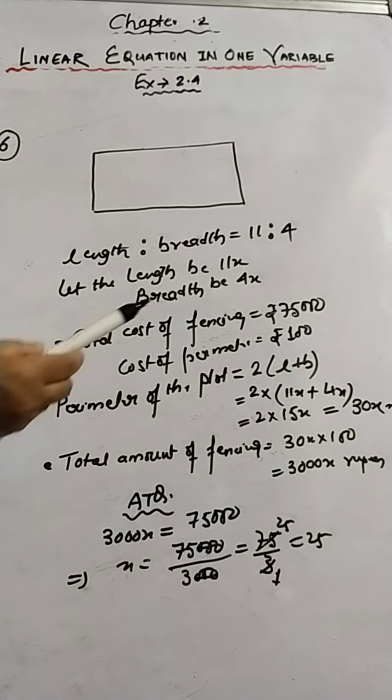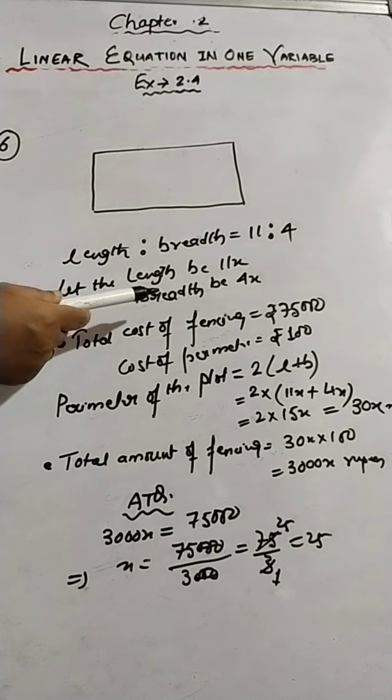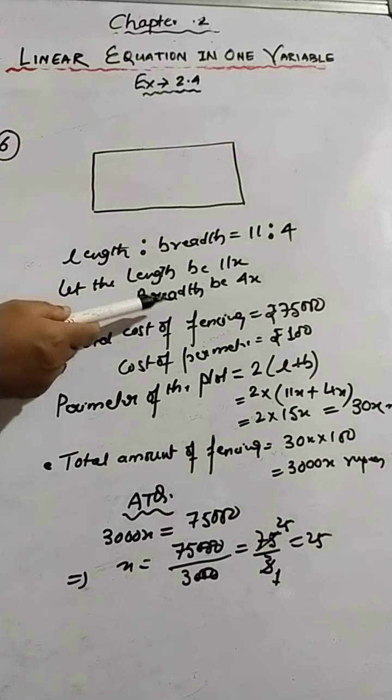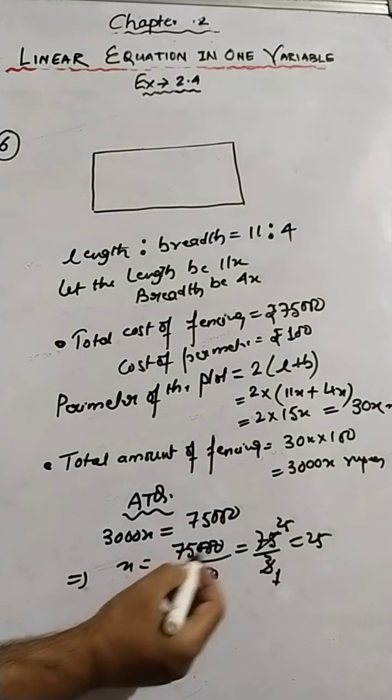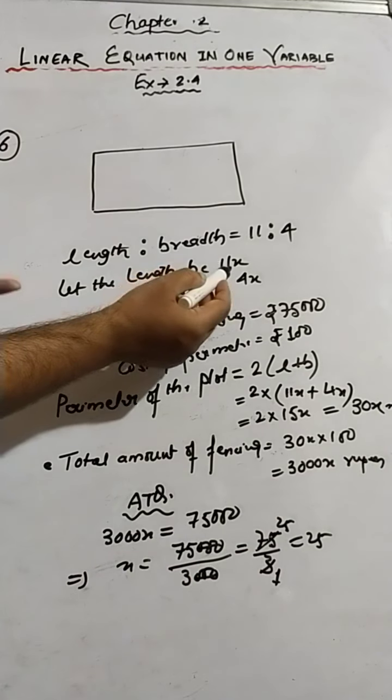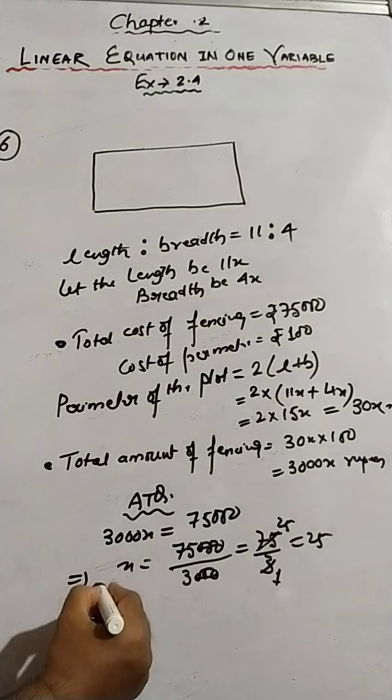Dimensions means we have to get the actual dimensions of length and breadth. So what is the actual length, what is the actual breadth? This is what I am trying to say. Now as we know the value of x, it will be quite easier to find it out. So length would be